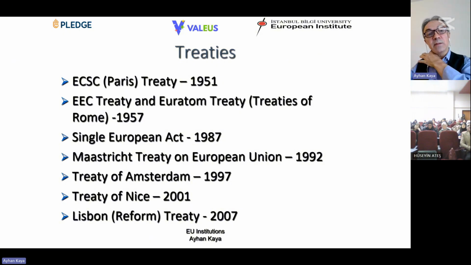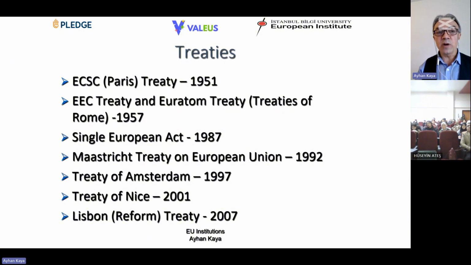And then comes probably the European Economic Community Treaty and the Euratom Treaty. Again, it was about energy and it was about economy. It was about making sure that European countries would have a stable economy and would be able to control their energy needs, as written in the Rome Treaty in 1957. The third European treaty was the Single European Act,